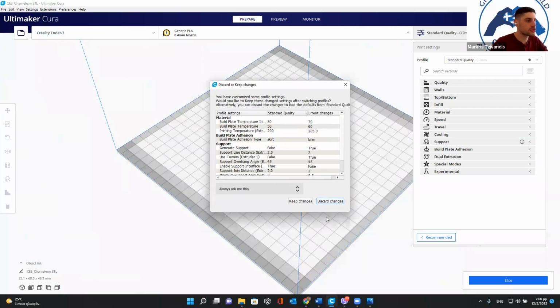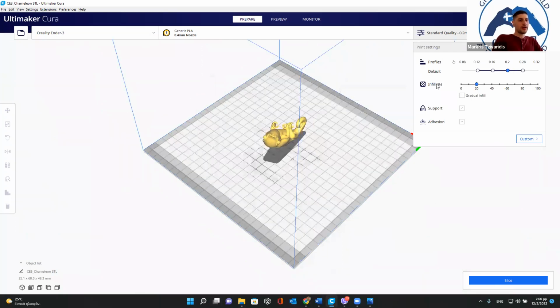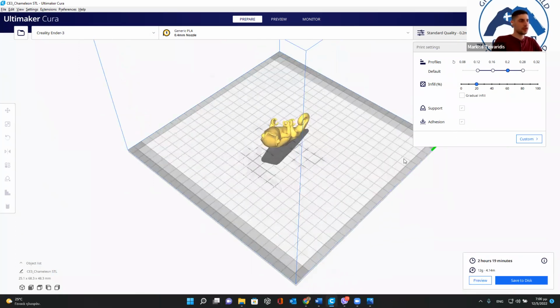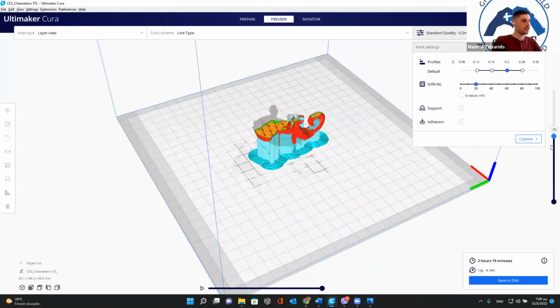Okay, let's choose standard quality. Here we have the recommended settings as we said. Now what we need to do is slice. We have the support, we have the adhesion. We preview our print, and if everything is fine,